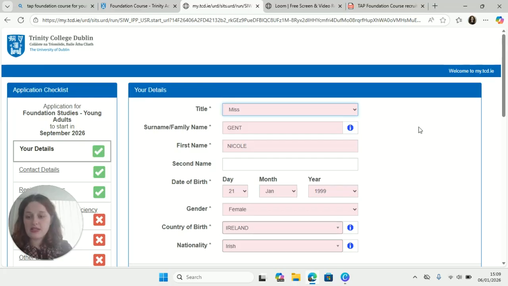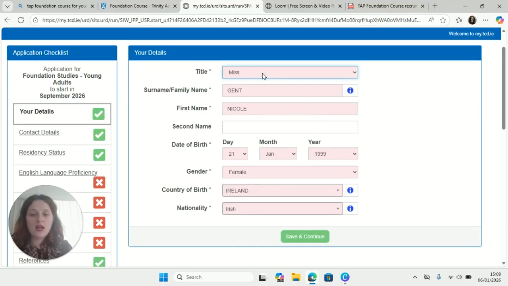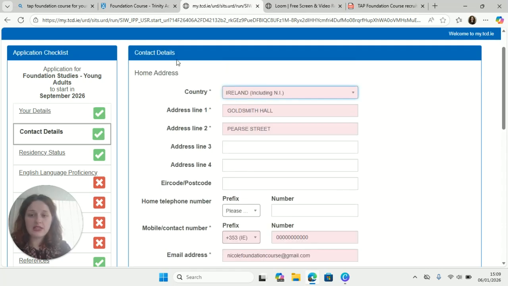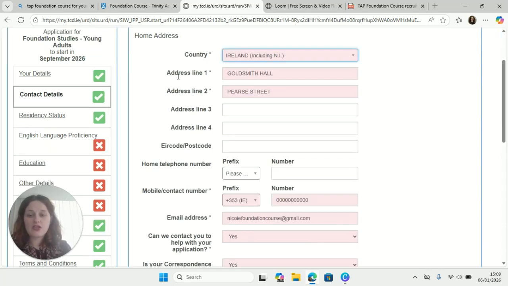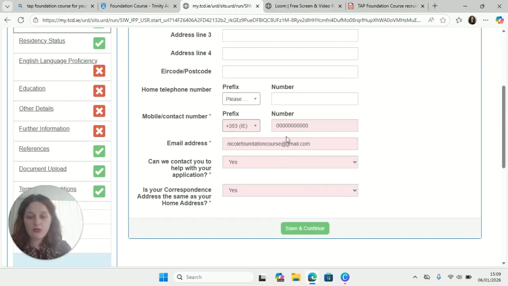So the first page is to fill in your details, which is nice and easy. You're putting your title, your name, your date of birth, your gender, your country of birth, and your nationality. So save and continue. Then you go into contact details, so you put in your home address, your phone number,